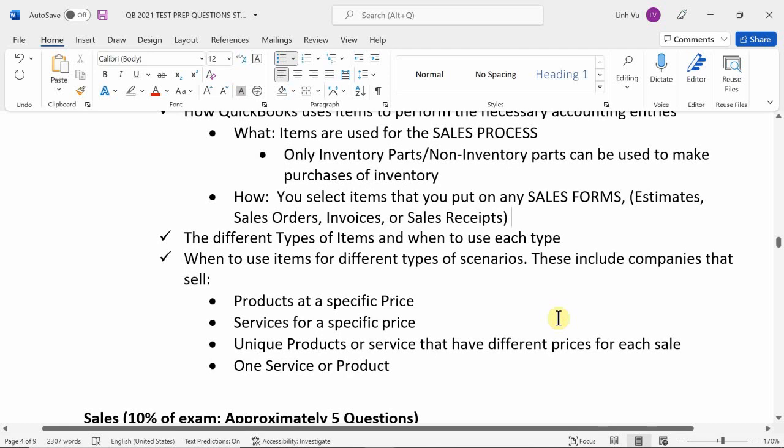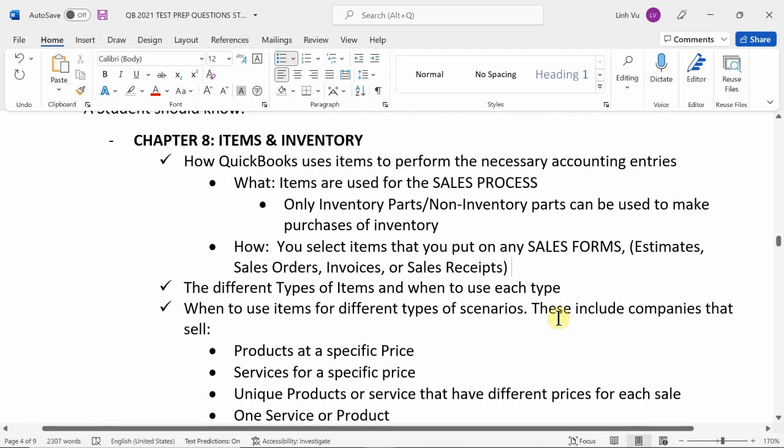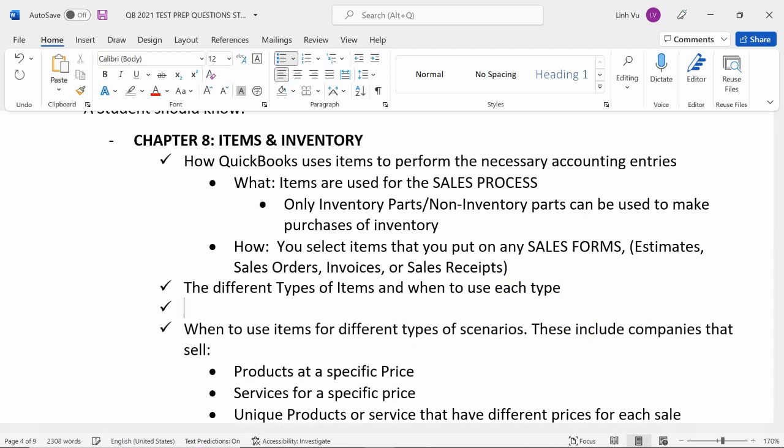Next, okay, the different types of items, and what they are used for each type, okay? So in this case, you need to go on to that list. I don't know what page it is on, but it's in chapter 8 under the big huge title Items, okay? And there should be a list of 11 item types, okay? So they are